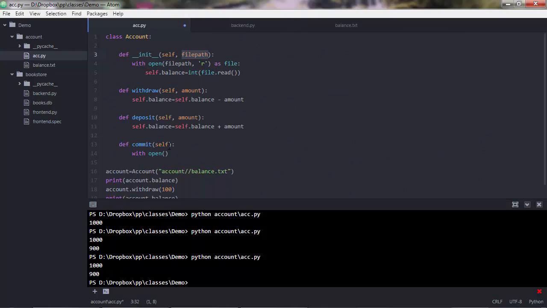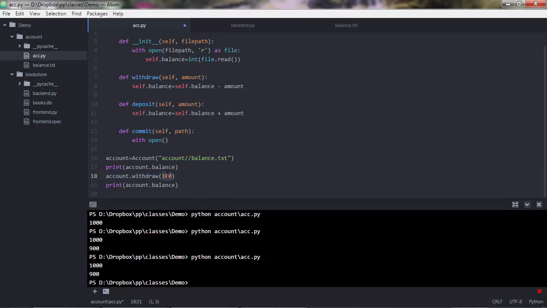One solution would be to go ahead and pass another parameter, let's call it path, to the commit method. Then when we call the commit method like we were doing with withdraw, we'd have to pass the balance.txt, actually this path, to the commit method. While that would work, it's still not the best practice of